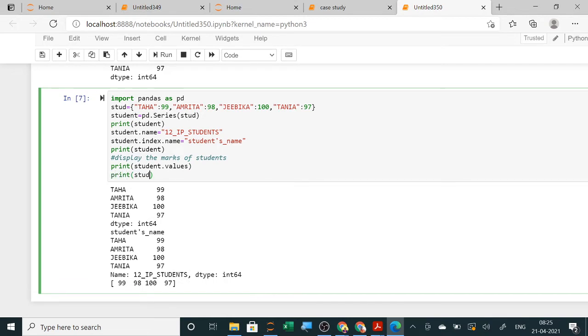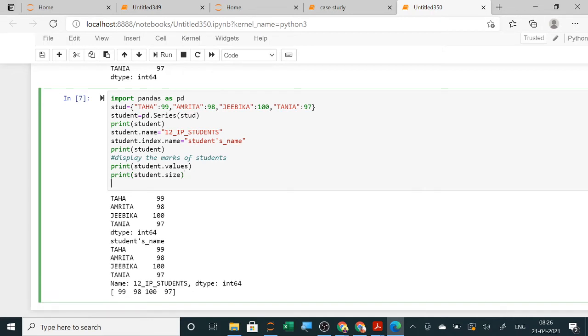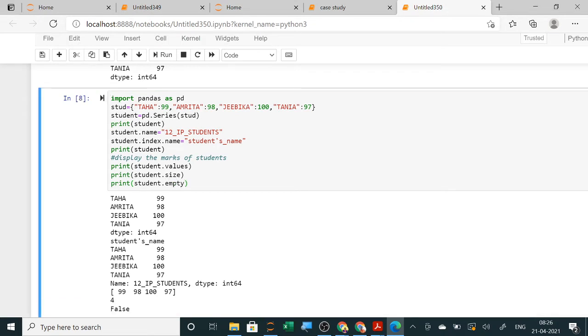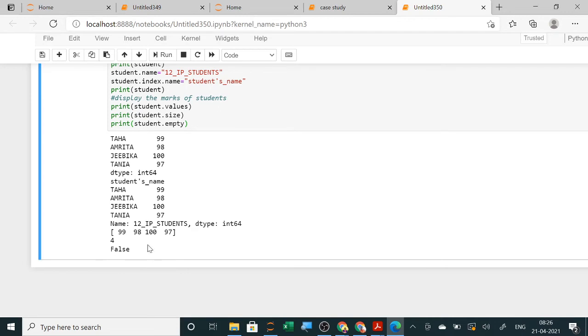You can use a variable to store it and then print it, and I will show you that also. In an output question, if you get it directly, I am printing size and I am printing whether it is empty or not. Since I have used 4 students' data, size will show 4, and empty will show false. When I run this, you can see 4 and false displayed here.